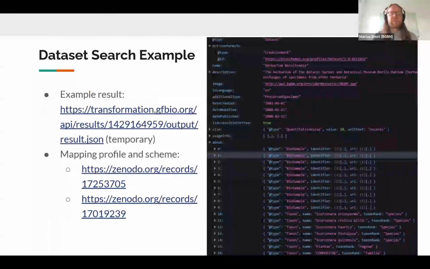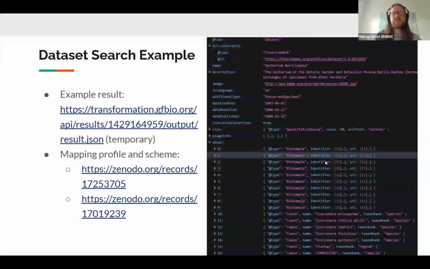For the first use case, this is a screenshot of a transformed Darwin Core XML in Bioschemas. For this dataset search use case, here you can see the dct:conformsTo property points to the specific Bioschemas Dataset profile, and the about property contains the biosamples and the taxa that the biosample species belong to.